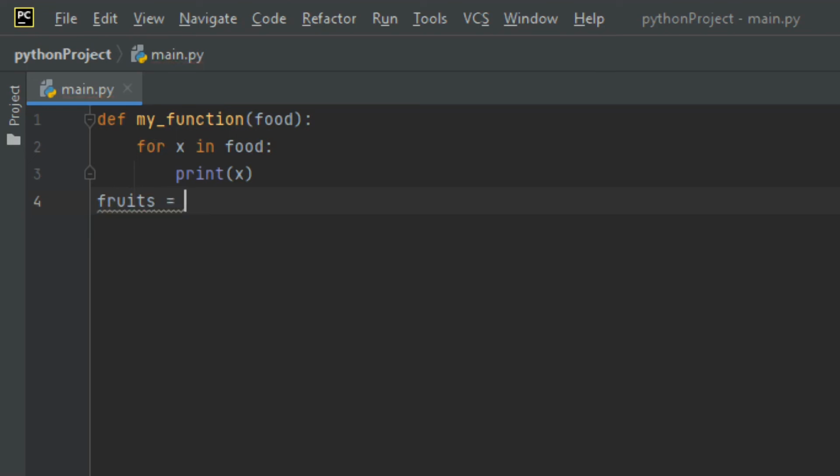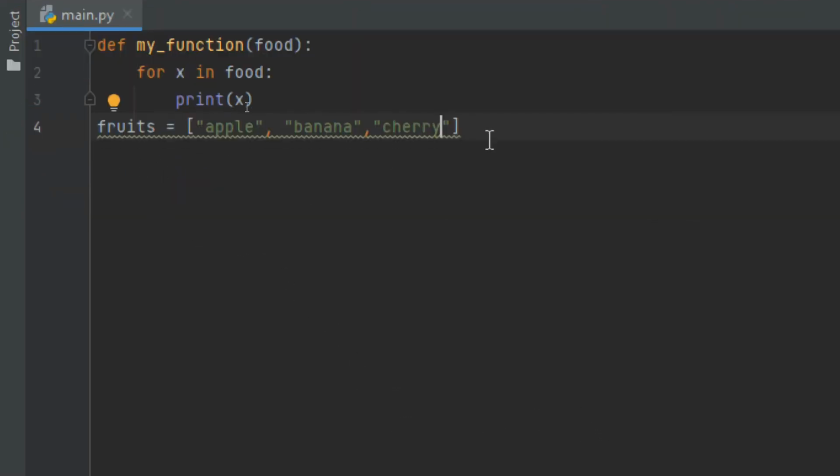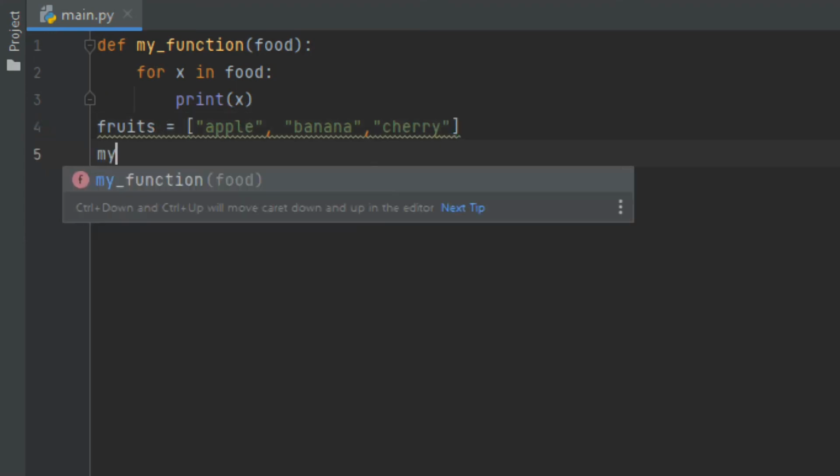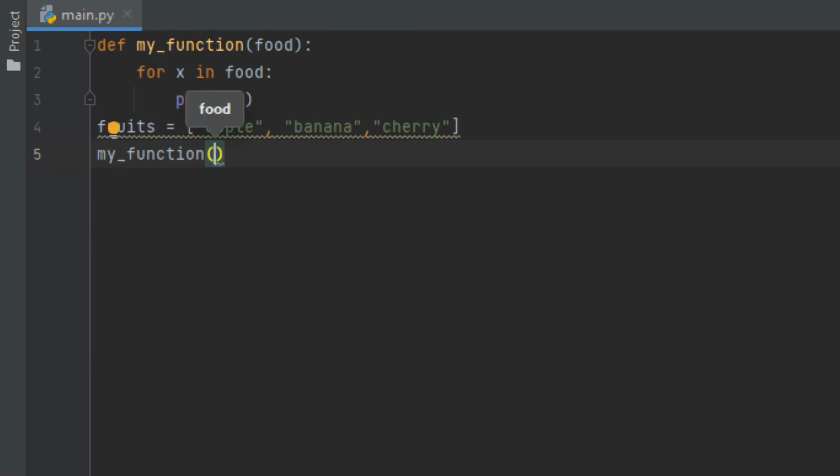First of all, you define a list using these square brackets. Then at the first one, let me say apple, and at the second one, let me say banana. Then at the third one, let me say cherry. Then in this other line of code, let me say my function,